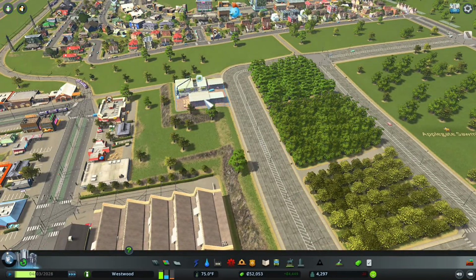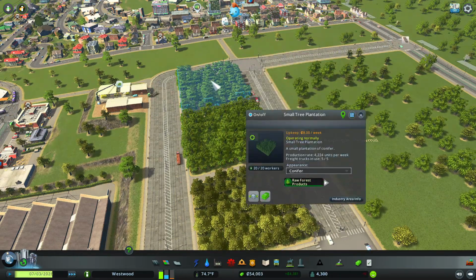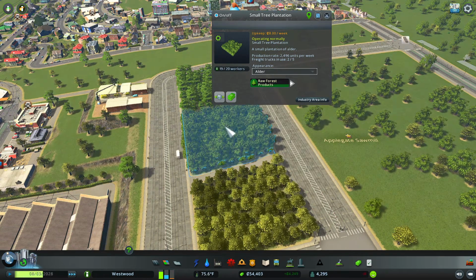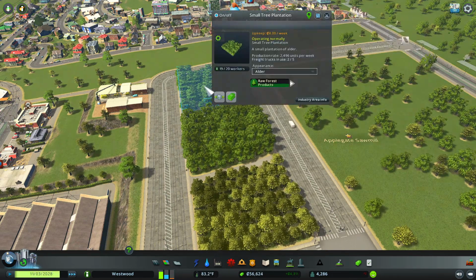Oh, no, don't delete that. Not enough raw materials over here still, which is odd to me, because we have 3 plantations running. We are bringing in some imported products now. So this says it's producing...